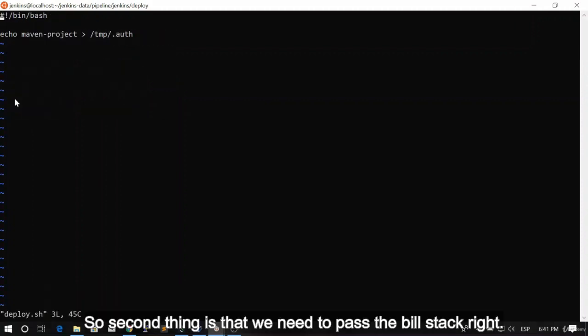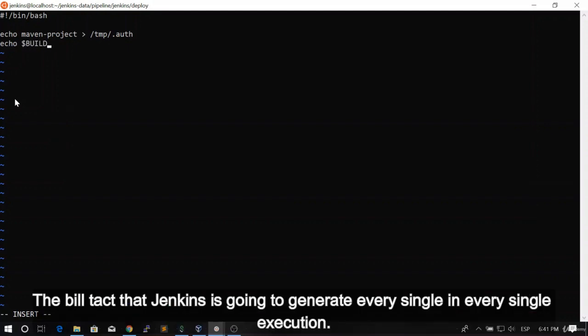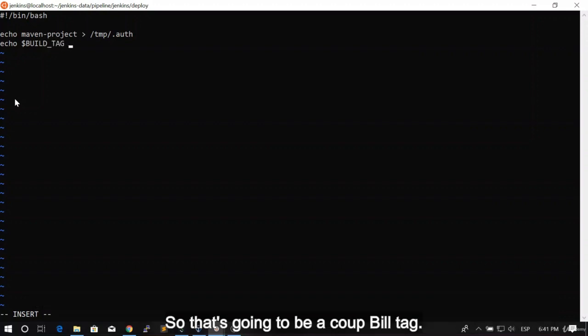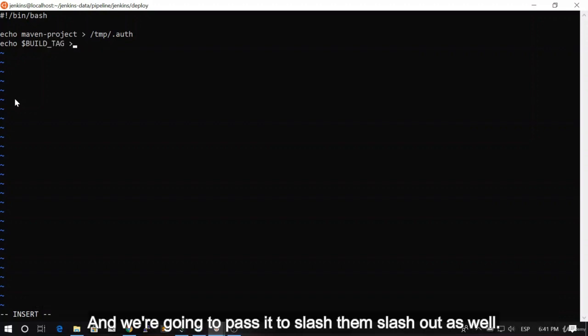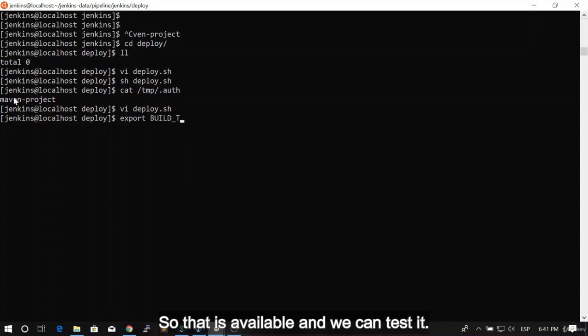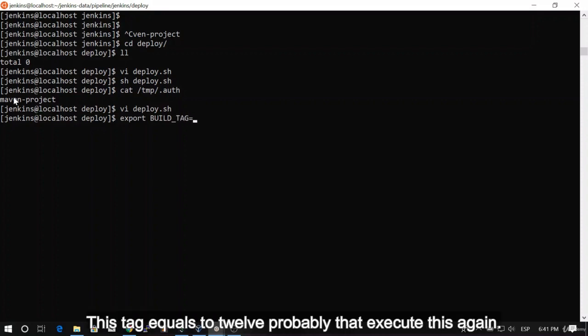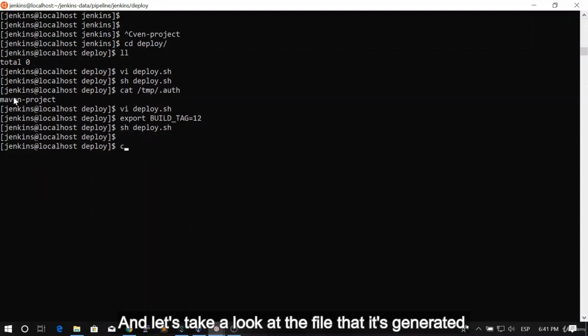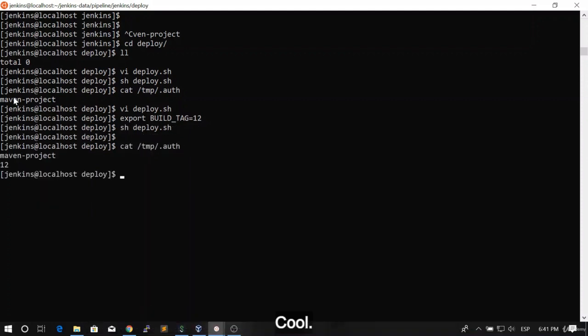Cool. So the second thing is that we need to pass the build tag, right? The build tag that Jenkins is going to generate in every single execution. So that's going to be echo BUILD_TAG, and we're going to pass it to /tmp/out as well. And we're just going to export the BUILD_TAG variable so that it is available and we can test it. BUILD_TAG equals 12 probably. Let's execute this again. And let's take a look at the file that it's generated. Cool, now we have